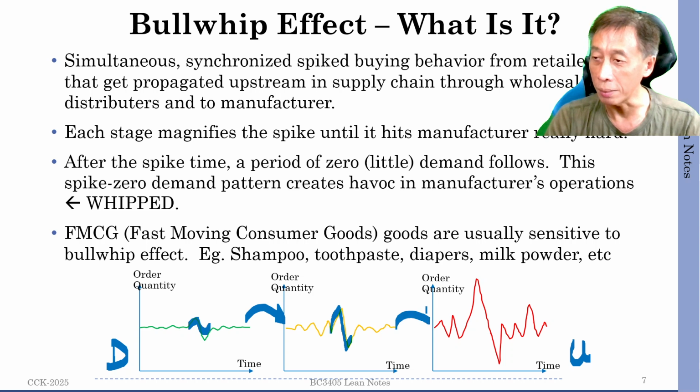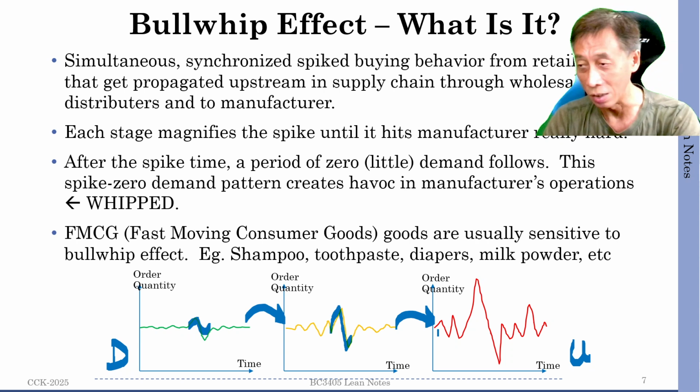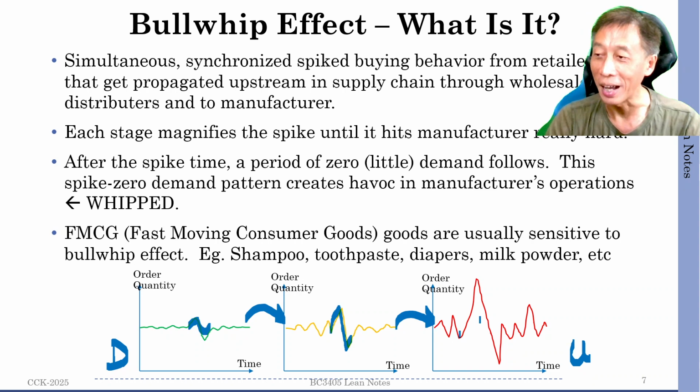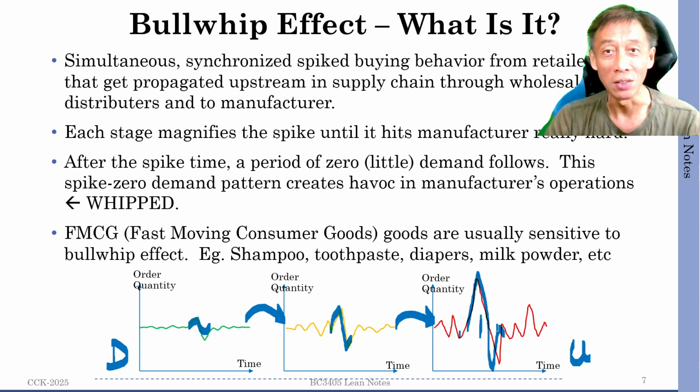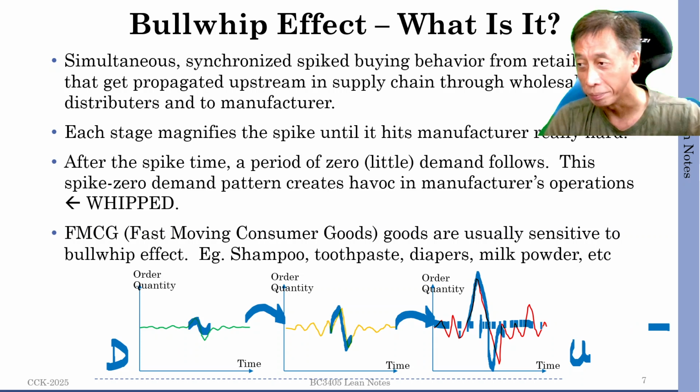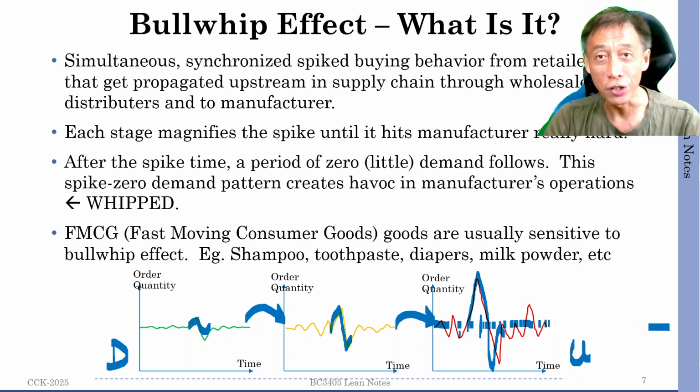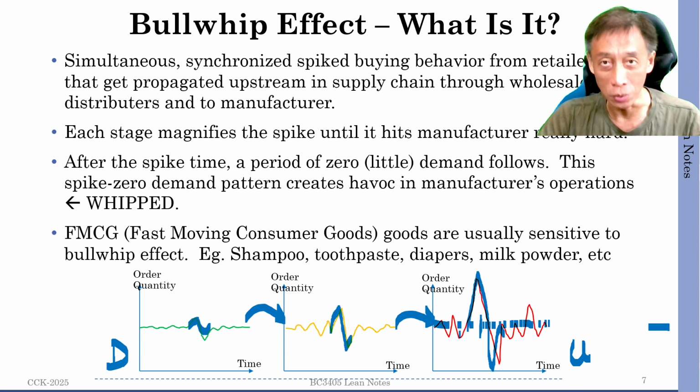And when you go further upstream at the manufacturer's end, of course, I'm shortening the whole supply chain down to just three players, when in fact it could be 10, 15, 20. The manufacturer at roughly the same month or week will observe a very much amplified demand. And that's not because of the sum of the distributors and wholesalers, because this average high level here is the average sum of demands from all the sources. So it's high because of the multiple outlets.